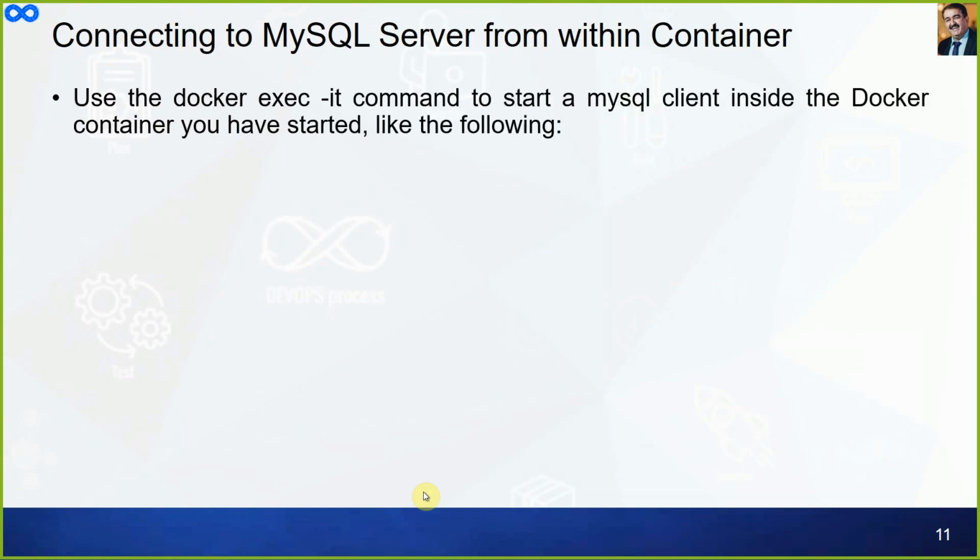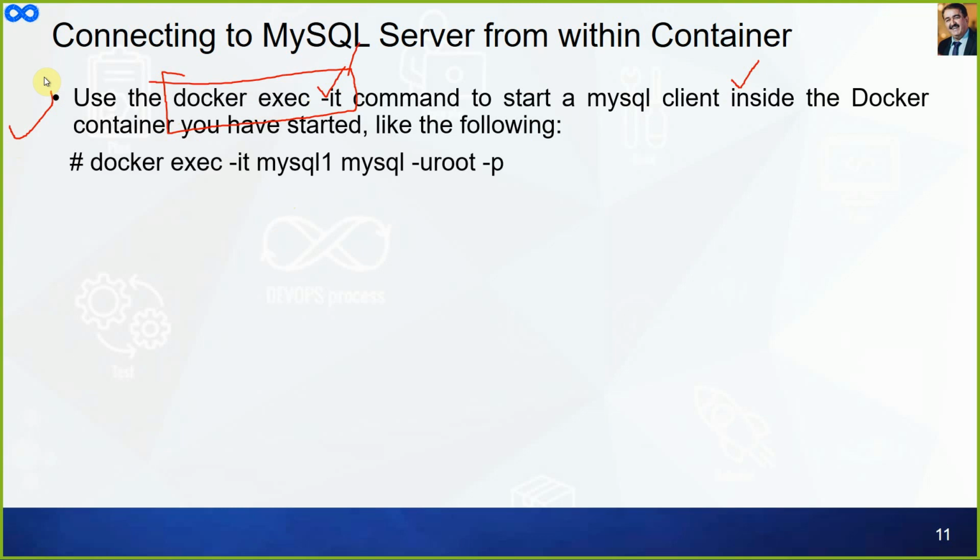Now we need to connect. We got the root password, we got the server container running. How do we connect to MySQL running inside the container? We can use the -it option, interactive terminal, with docker exec -it to start the MySQL client inside the Docker container, like this: